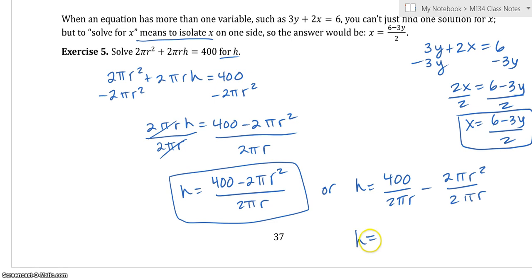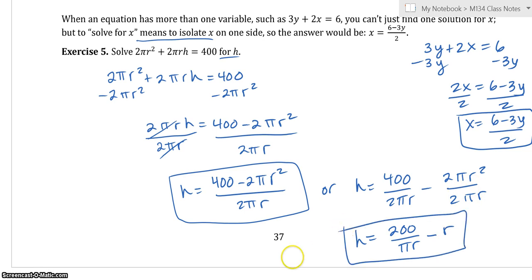So another variation of this answer is 200 over pi r minus, now everything cancels except for the r. That would be okay. But just don't cancel those and keep that a 400 there,